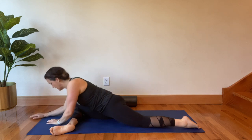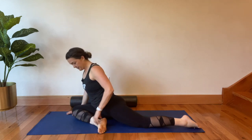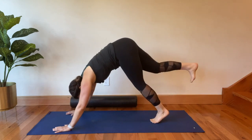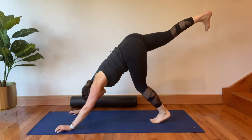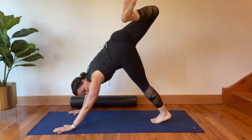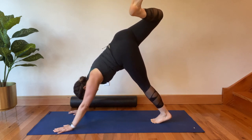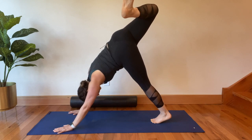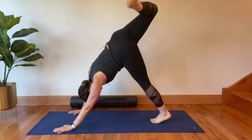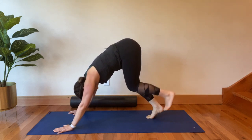Go ahead and come on up, walk those hands back up, and then you're gonna tuck that foot back in and step it back to a down dog, lifting that leg up. Bend the knee and open up the hips as if you're trying to get this heel towards the opposite armpit, but then square your shoulders off. Take one breath here. And then go ahead and straighten the leg, square the hips, lower the leg, and second side,